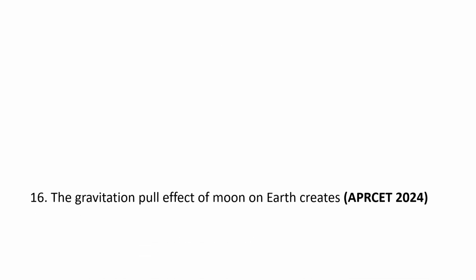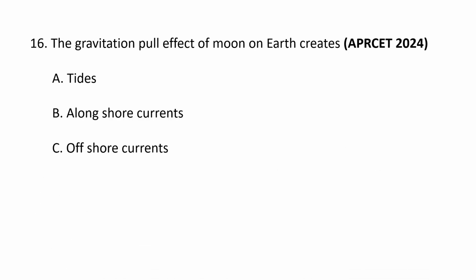Next question. The gravitational pull effect of moon on the earth creates A. Tides, B. Along shore current, C. Offshore current, and D. Waves. The gravitational pull effect of the moon on the earth creates tides. It creates bulges of water on both sides of the earth, facing the moon and the opposite side, resulting in